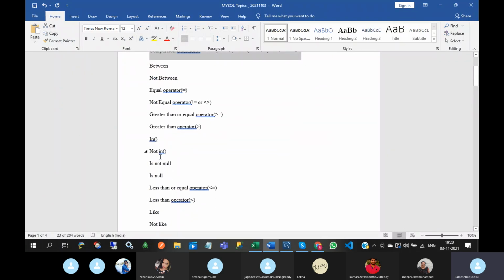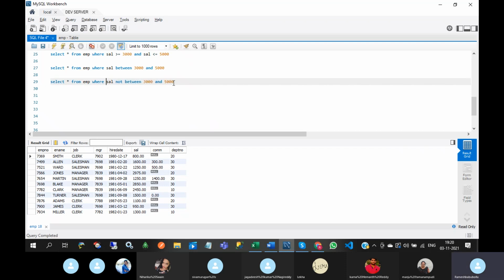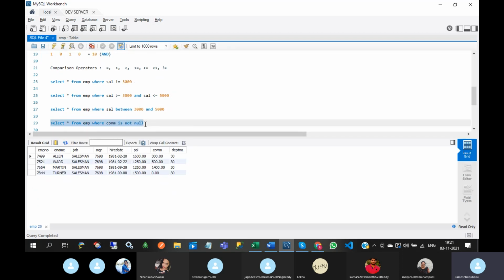Not in also we have seen that. Is not null. So I want these employee details whose commission is null. So these are the employee details whose commission is null. So if you want the employee details whose commission is not null, then you can write like this, not null.